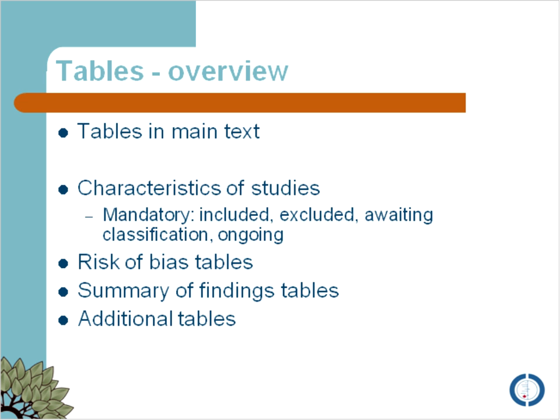Within RevMan 5, they now have the inverse variance method available for dichotomous data. The graphs are updated in real time. It's quite a dynamic feature, and you'll see that in a moment when we go to create our meta-analysis. The analysis tools are integrated within RevMan 5. Sensitivity analysis is as easy as checking a box, which is a very nice feature, and I'll show you that as well in a moment. They've improved the number precision within RevMan 5 as well, which is quite nice.